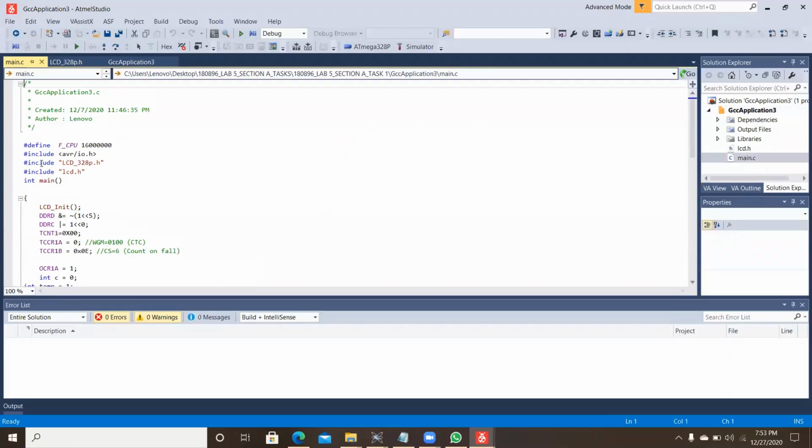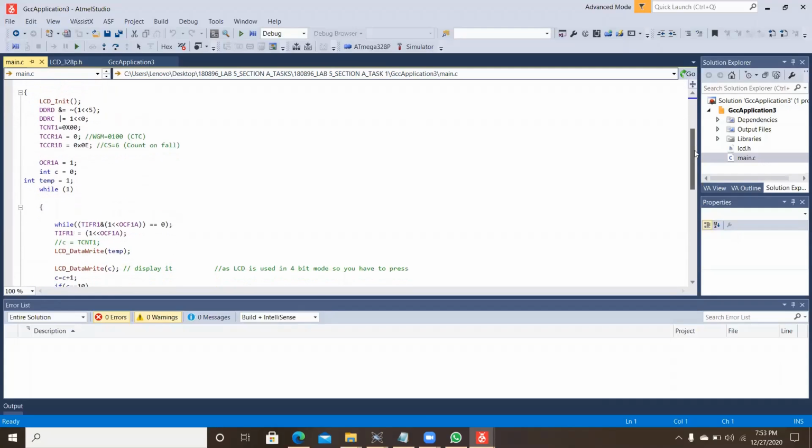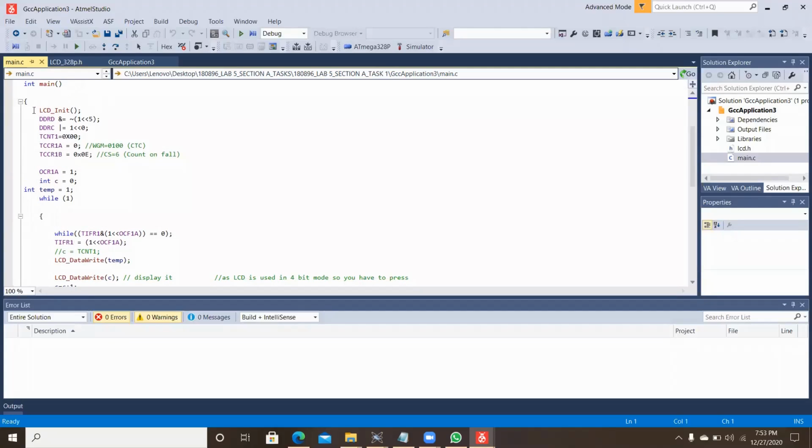And here is its main code, where F_CPU is defining its crystal value. In the main code, first we called the LCD initialize function, which is already written in our header file, and then